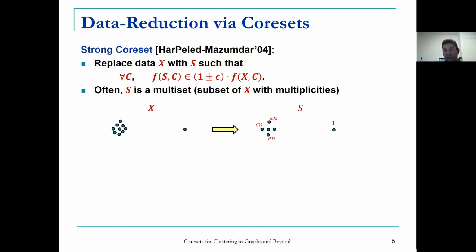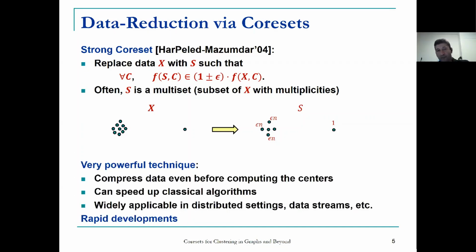such points. So that is usually where this epsilon comes into play, for this epsilon error. So this is a very powerful technique. This is like a mental picture. This is not how the algorithm works directly, because we have to, of course, do something more general. So this is a very powerful technique because it can compress the data, and often the way it is done